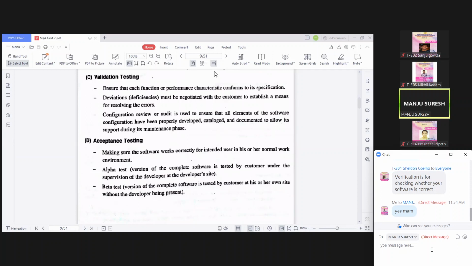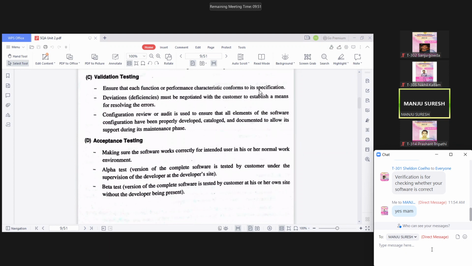Okay, Prashant, see, beta testing is tested by the customer. Validation is not done by the customer. Validation is done by the programmer or the tester who is testing the program after the coding is done, not after the system is generated. After the product is ready, acceptance testing happens. Alpha testing and beta testing are done after the entire product is developed. But validation is done when? Validation is done during the test process.